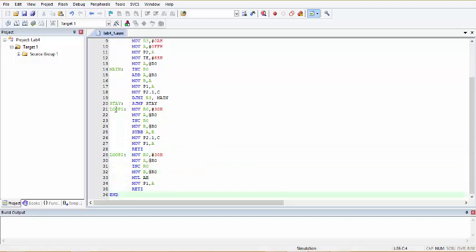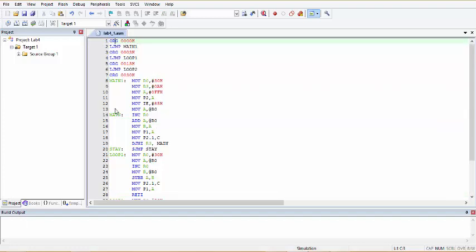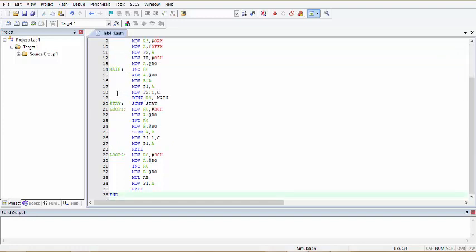When interrupt 0 occurs, we enter loop 1, as the interrupt 0 vector address, which is at 003h, has an instruction where the jump statement goes to loop 1. Coming to loop 1, this is a very basic routine for the subtraction of two numbers, and we have used port 1, where all our LEDs are attached, to send the result, and we have used port 2.1 for the carry bit.